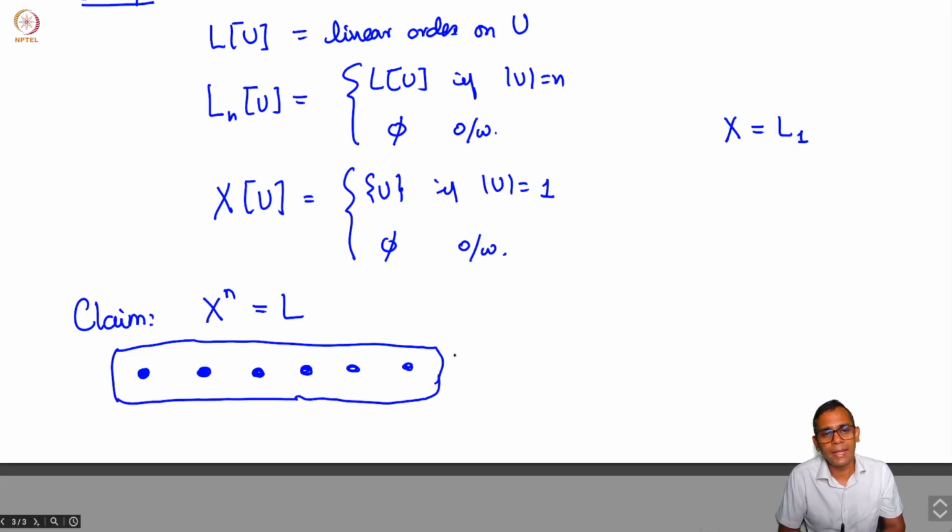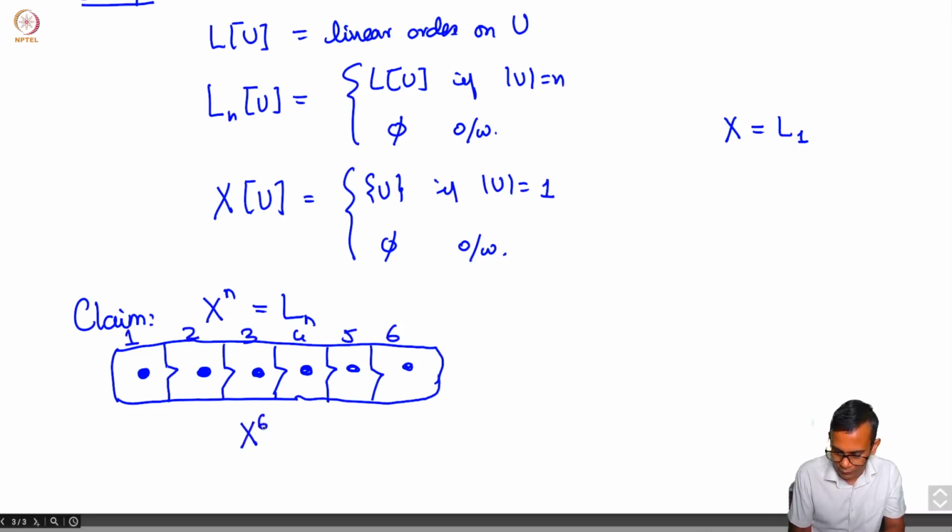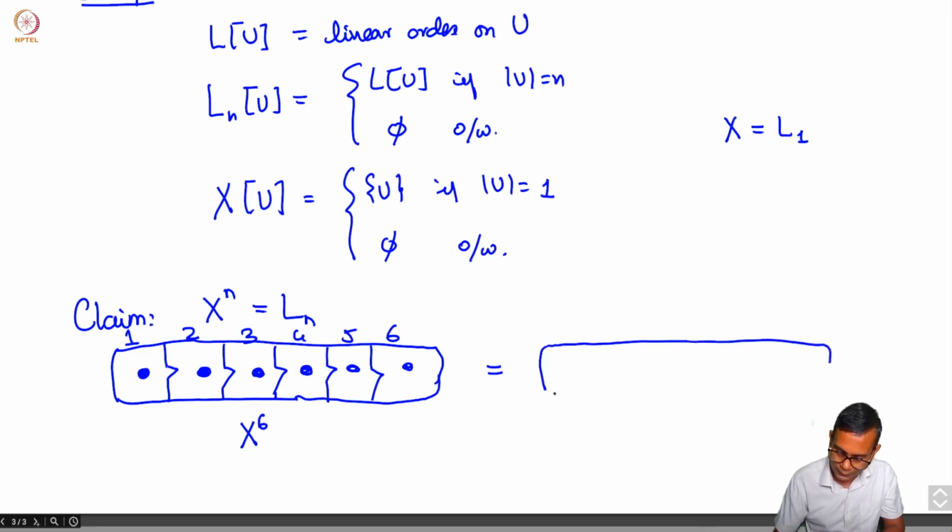So now if I have a set I want to divide it into n parts, and on each part I have to put an X structure. So I have to divide it into n parts where each part has cardinality 1. So here's my first part, here's my second part, here's my third part, and so on. And in total they have to be n parts. So here is an example of an x to the power n structure for n equals 6, and this corresponds to the linear order on a set with 6 points